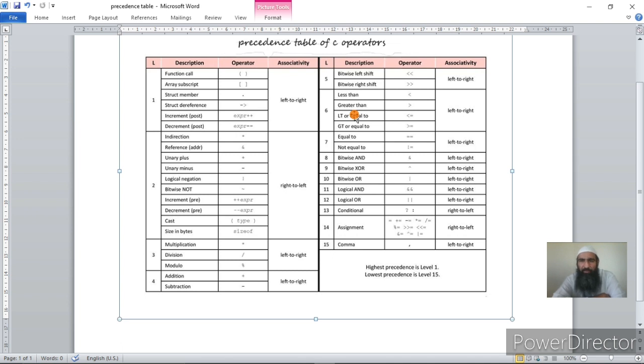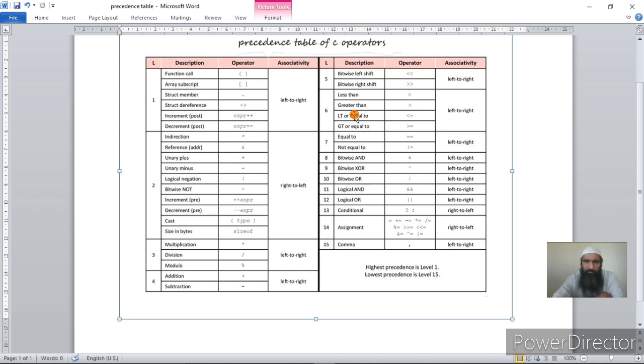If we have arithmetic and relational operators present in an expression, then the arithmetic operators will be used first. Normally you won't be having such types of expressions, but such expressions are possible in C. I'll be showing them in the machine as I go ahead with the classes, that in the same expression we can have arithmetic operators and relational operators present, but again the precedence rule and associativity will be used there to determine the order in which the operations are performed.